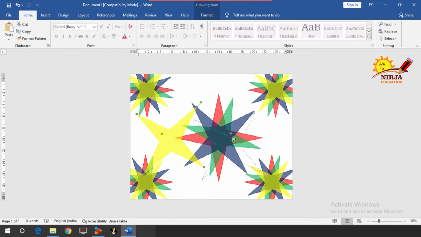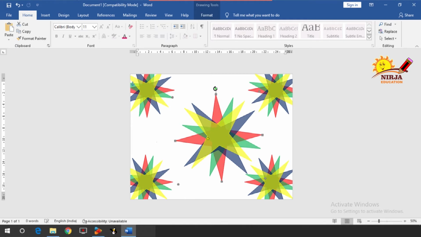Then the yellow one. Make changes according to your convenience, right? And then a bit to the right side. Keep the yellow one on the lower side, right?